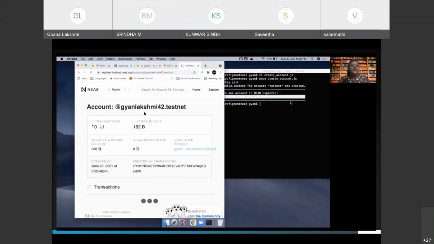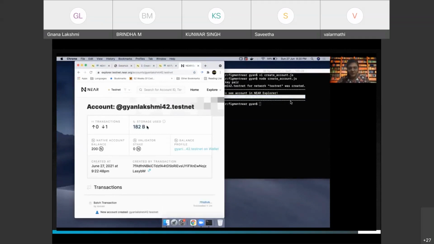You can see that this has created a testnet account for me, which is currently using 182 bytes of minimal default storage, and it has given me 200 Near as the native balance. So testnet has automatically funded me some minimal Near balance, right?